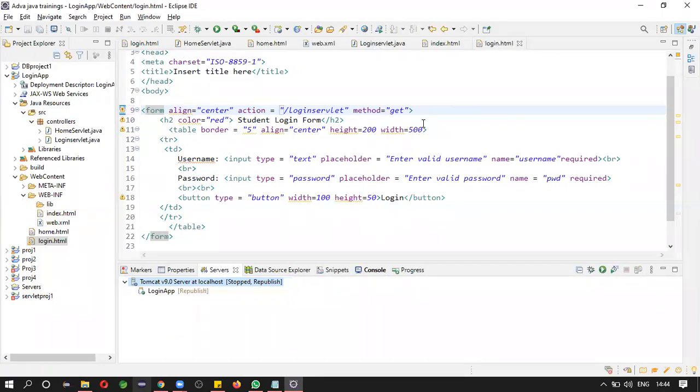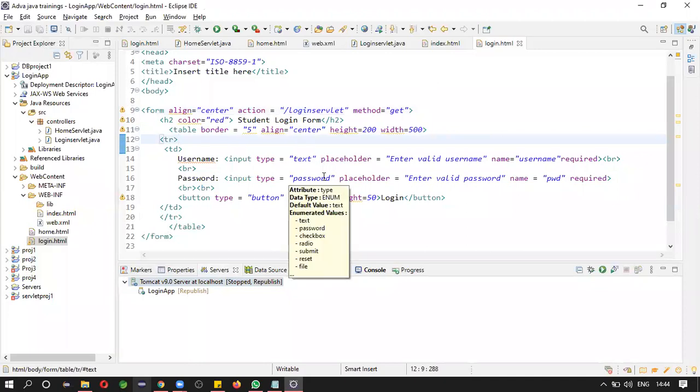Control Shift S. It will save all the edited files at one click. Or else you can use this. Okay, save all. Let's run now.